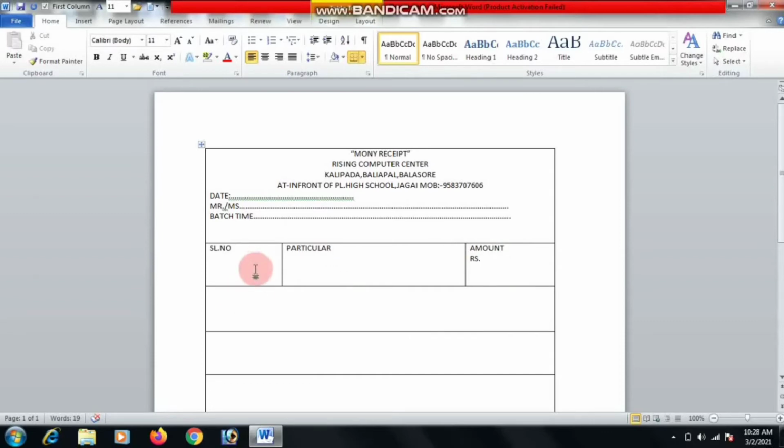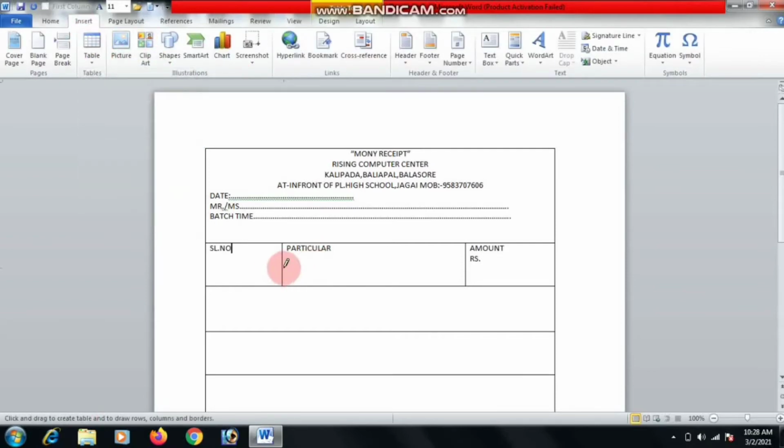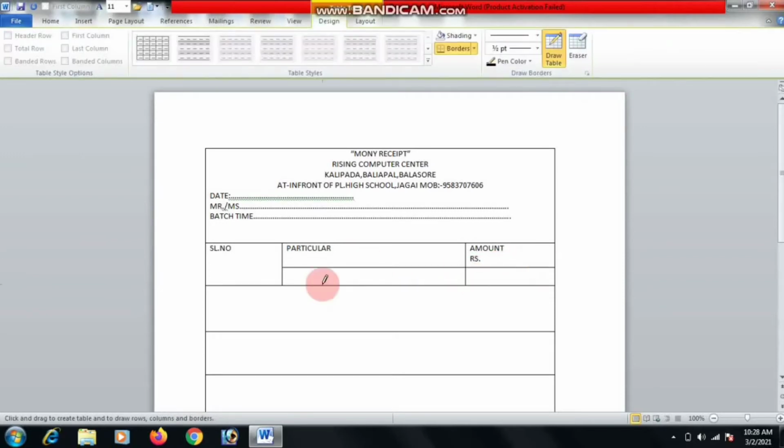Then we can use the table option and the draw table option. Now we draw a row.